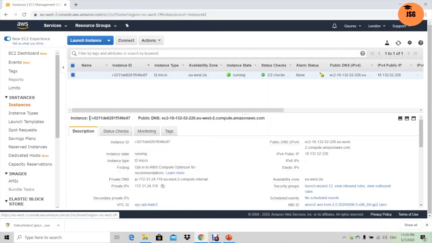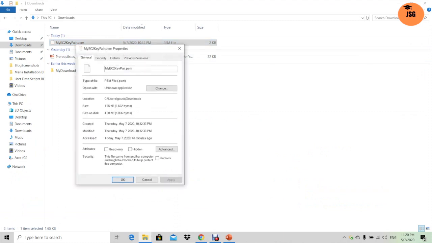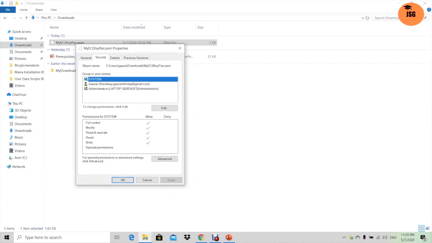Okay, so now I'll show you how to change the permissions. This is my file, my key pair. I'll go to properties, I'll go to security, and here you can see currently 3 users have access to this file, and I have to remove the other users and keep only myself.